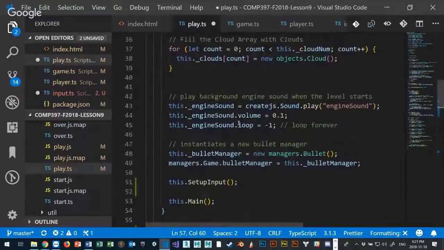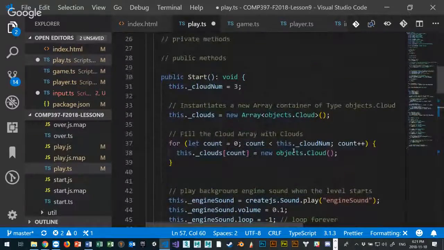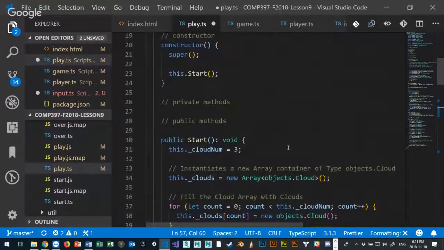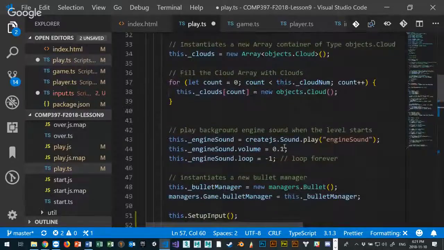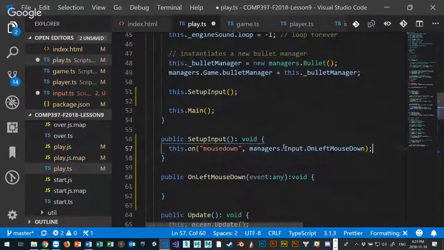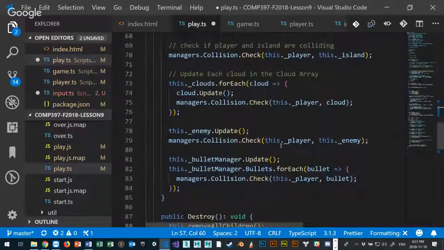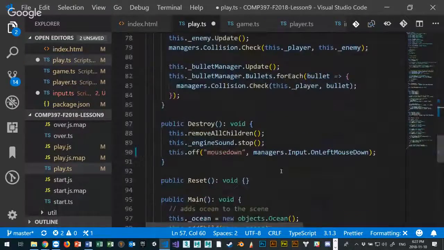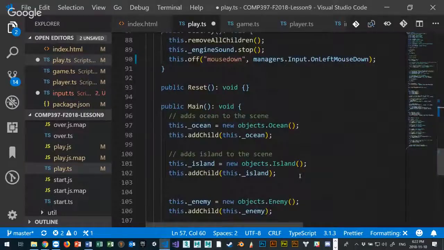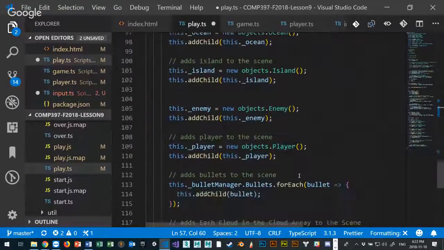I have to instantiate my player somewhere, which is going to happen somewhere. Where is it? Start, count, engine sound, bullet manager, and set input. Where do I do that? Where is my player getting instantiated? Here, way down here. So this is bad. I can't do it down here, but